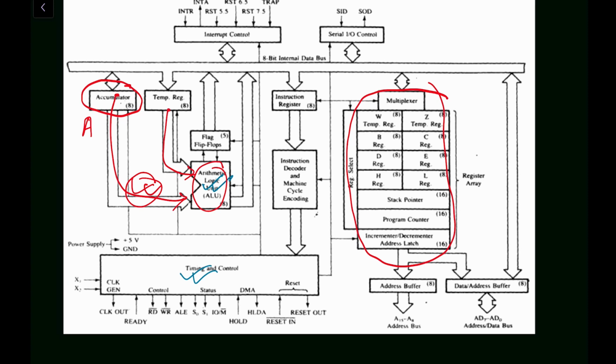The other operand of the arithmetic or logical operation may be stored either in the memory or in the general purpose registers, and these are the general purpose registers. Here you can see these are the general purpose registers. So these registers will be used for some operations. They can be used by the programmers during programming, while writing any instruction. Now we have completed this accumulator part.